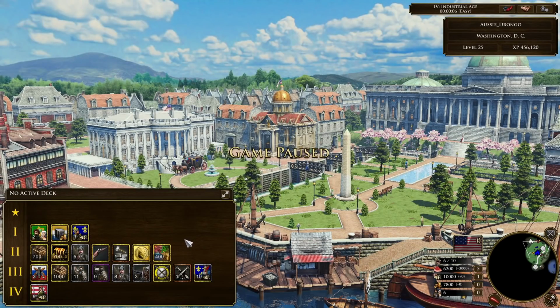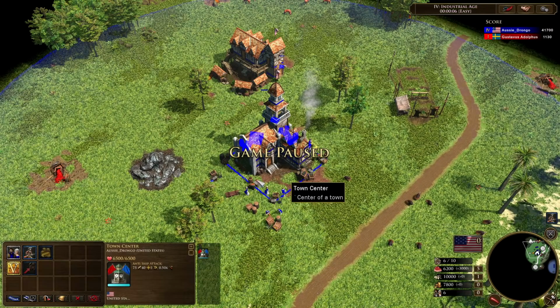Hey, we didn't pick a deck, did we? I don't think we picked a deck. Damn. Okay, well, apparently we picked a deck, so I can't show you what the upgrades are, but you can